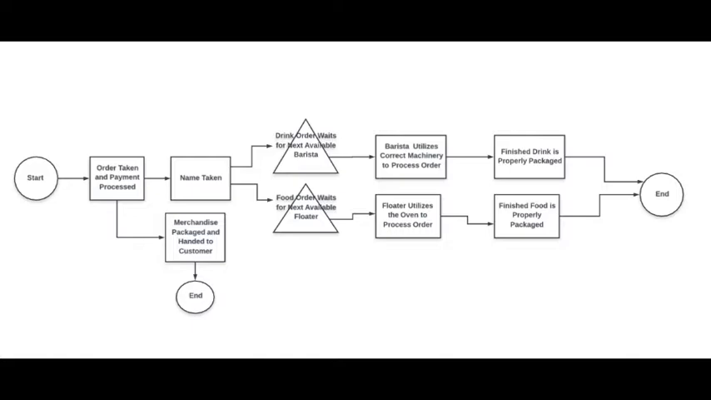The process begins with the order being taken, which initiates the payment process. The merchandise does not follow the same path as the food and drink orders. After the payment process, the merchandise is packaged and handed to the customer, and the process is completed. Following the top path, the name is taken for the food or drink order, and the path then separates into